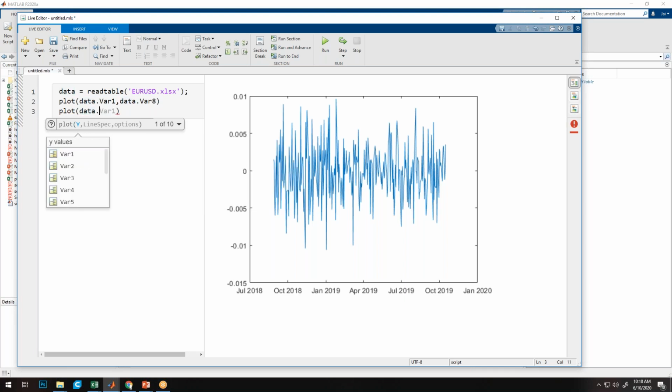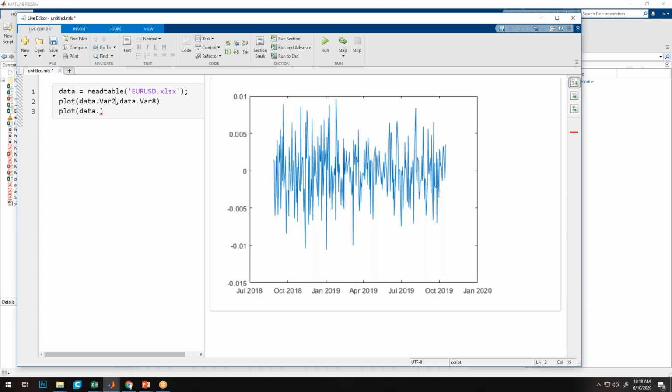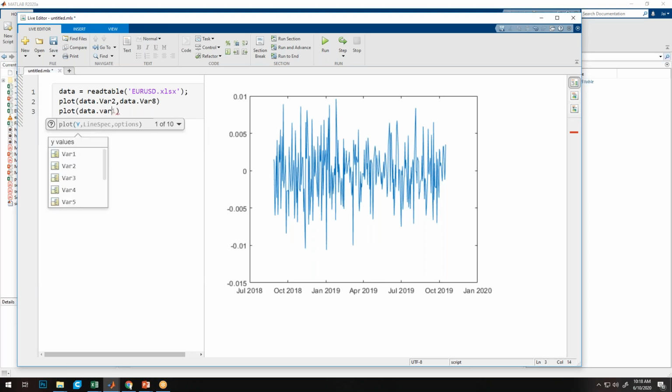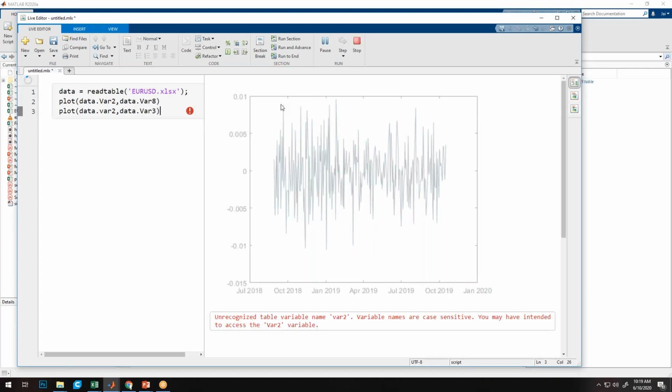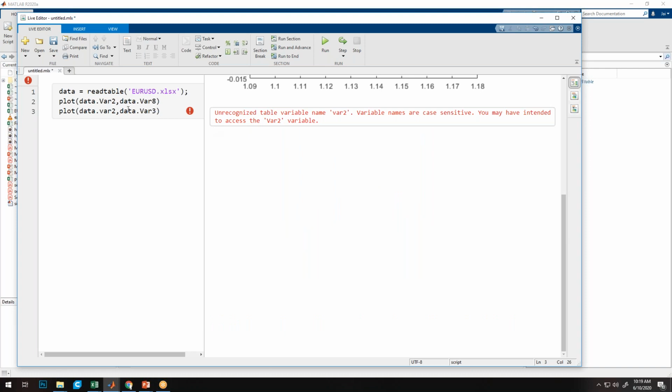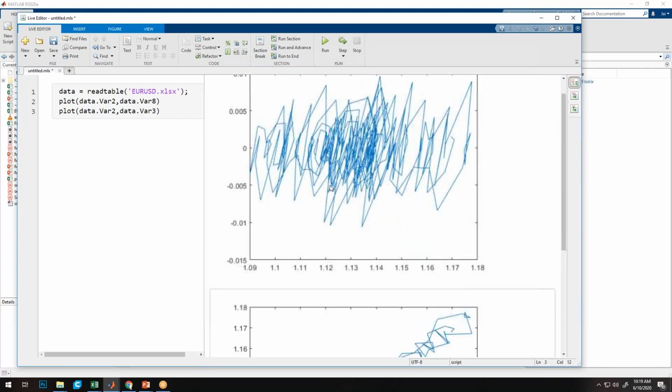Data is the name of the data table, and I'm sorry, it should be Var2, not Var1. data.Var2 versus the data table name and the column field data.Var3. This should be capital.